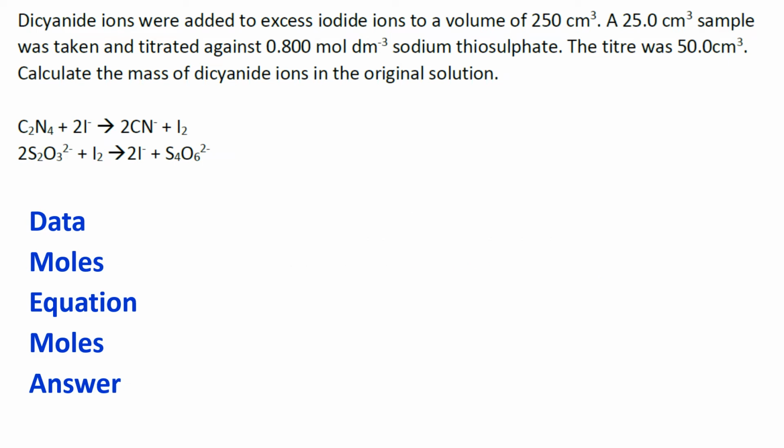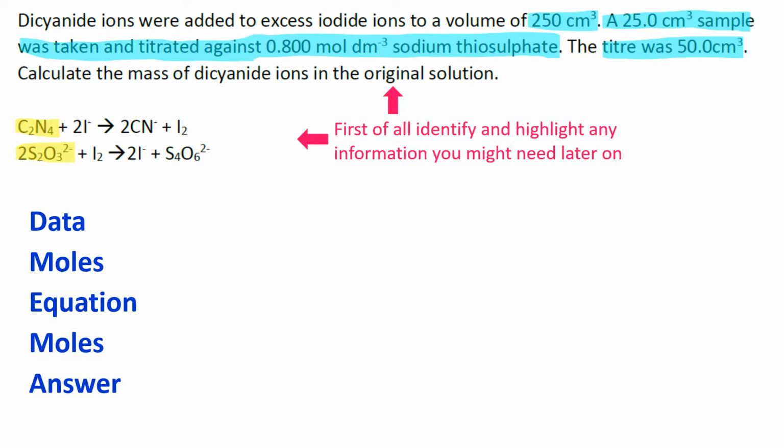This is a slightly more unusual example because it's got dicyanide ions, something that you don't come across very much in A-level syllabuses, but it's no reason to not try it. So as always, the first thing to do is to identify the things you might need later on and possibly